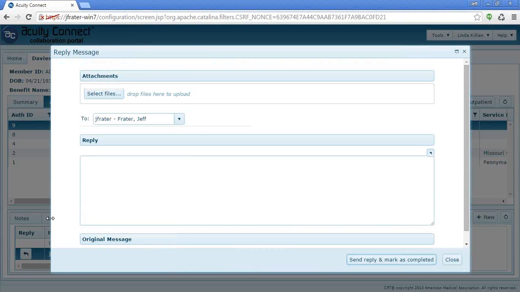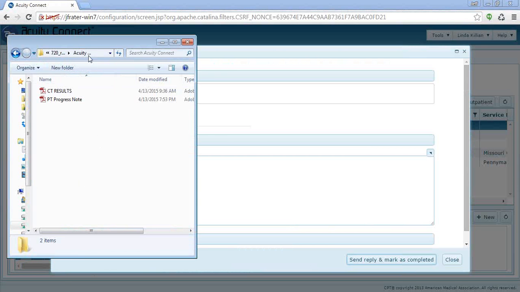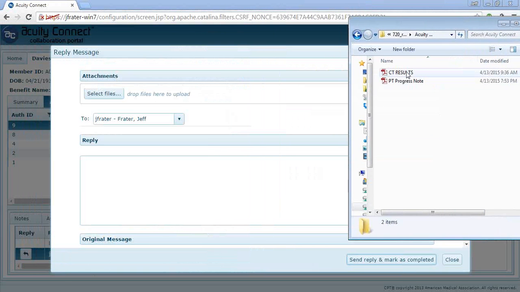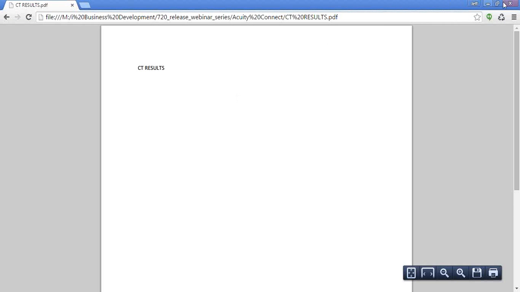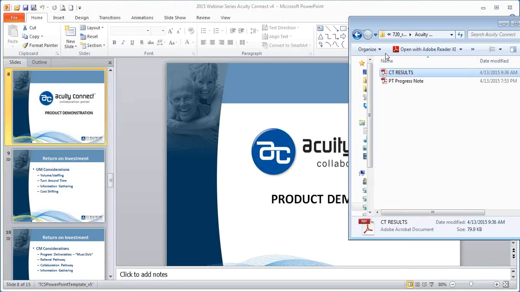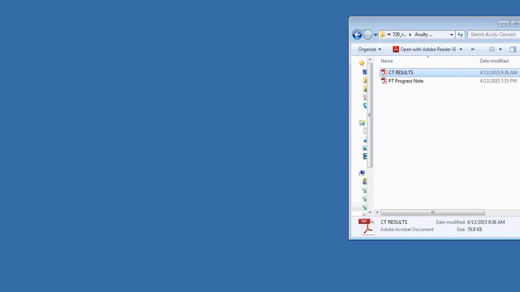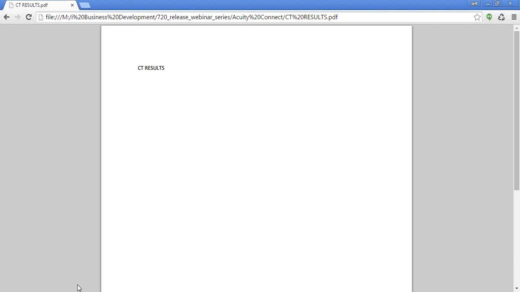So see how I'm able to use the file navigation screen and drag the CT results into the message. So I'll find my Windows Explorer window, look for that particular file. One second here.